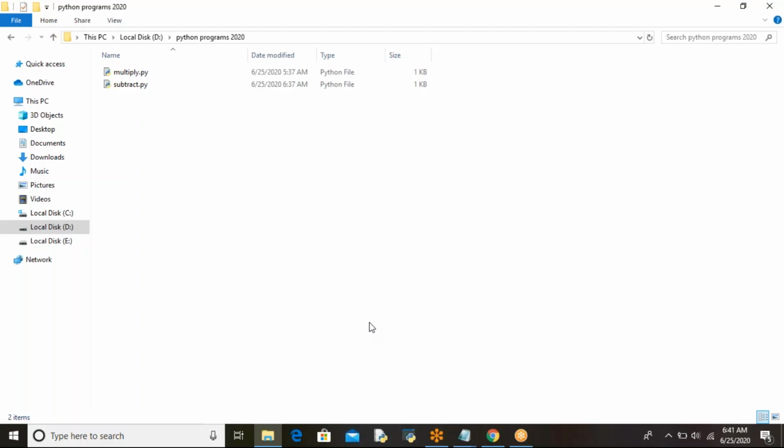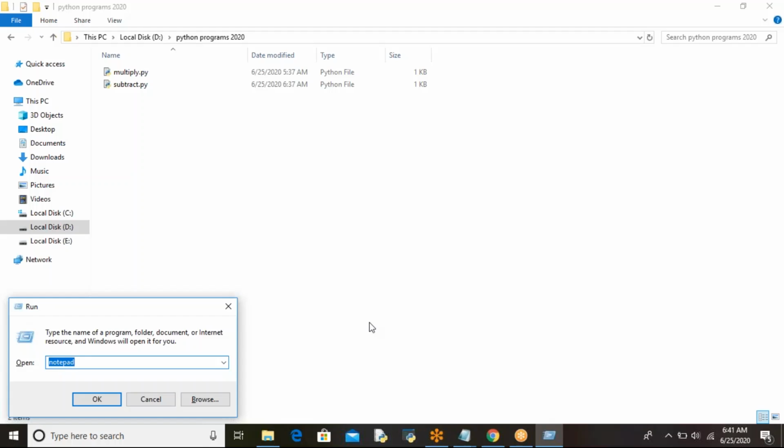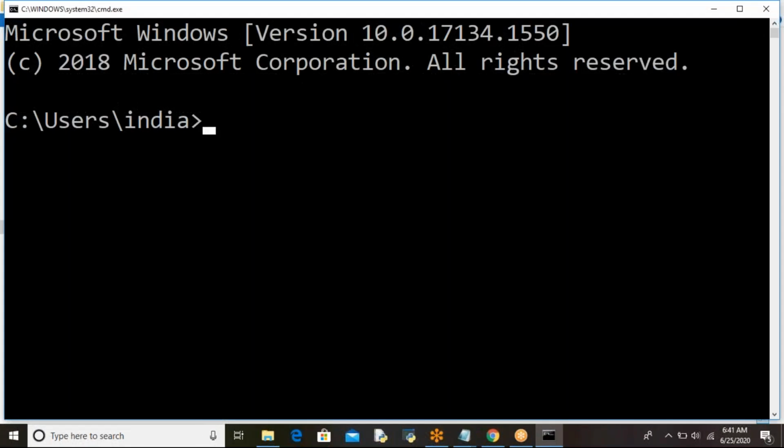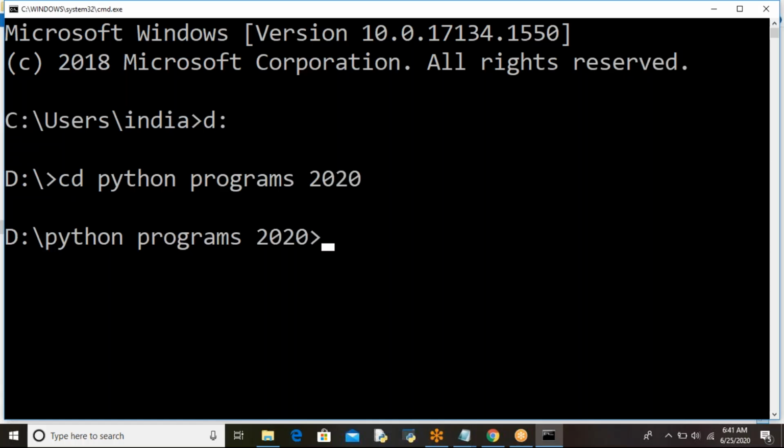Go to the command prompt now. Where you created it in the D drive, no? In the D drive, cd Python programs 2020. That is the folder name.